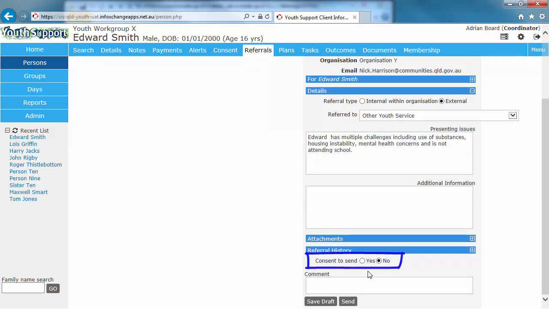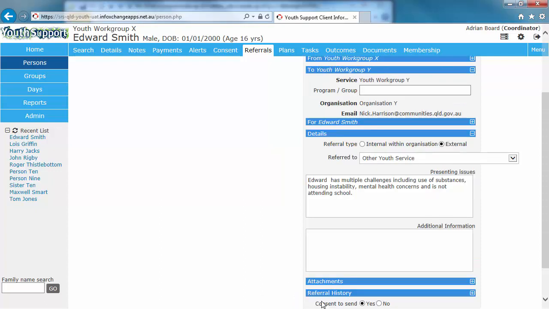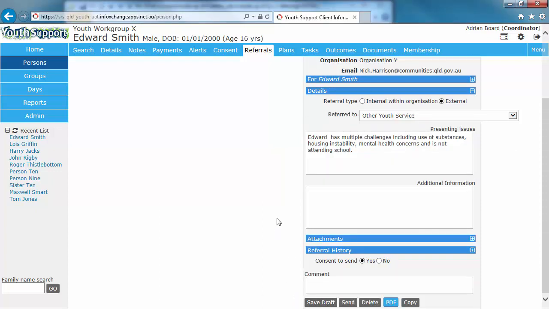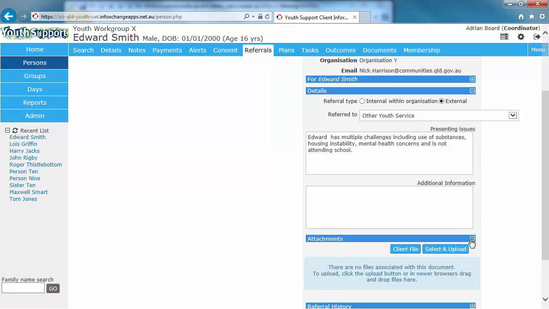Moving down the page, Edward has provided consent, so I'm pressing Yes. There is a space for comments down the bottom of the page. If documentation is required to be attached, first save the draft. Once pressing Save, then you can open up the attachments